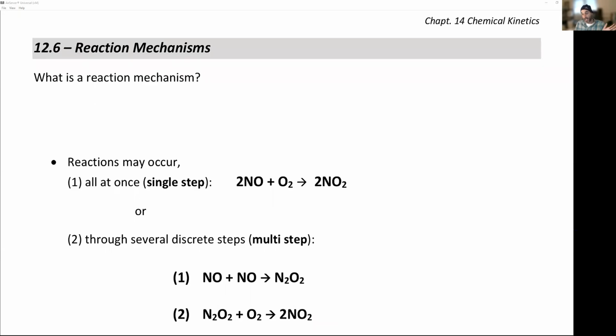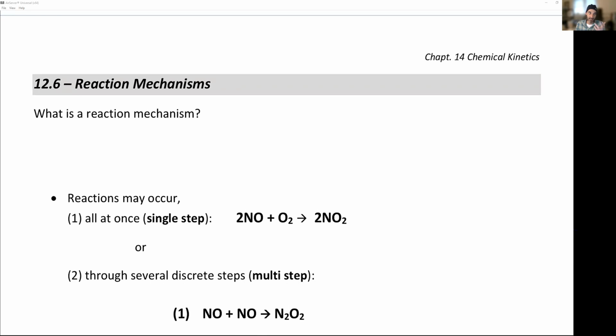Okay, time to start reaction mechanisms. So let's take a step back and look at what a reaction mechanism is. So far we've identified that we can determine the rates of things, but we've never talked about how they actually happen. The reaction mechanism is going to tell you the how and by what reactions or means